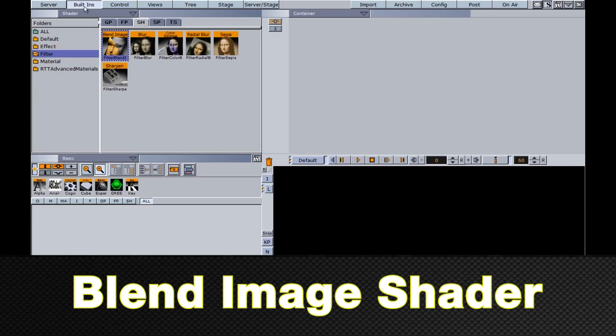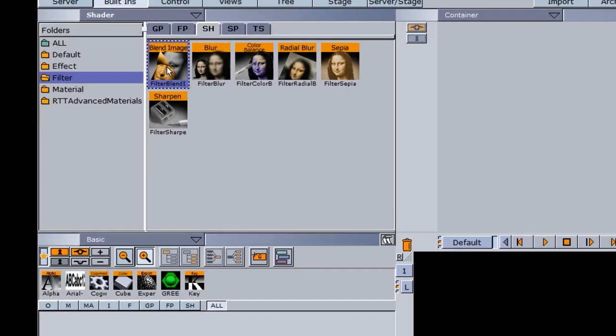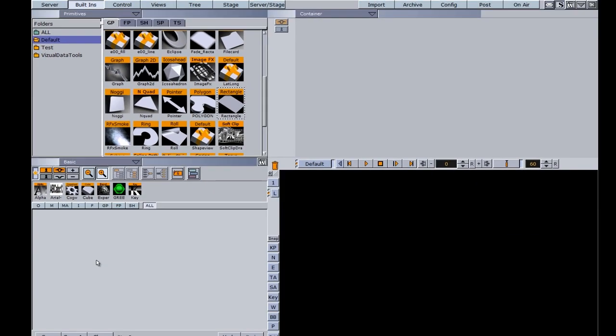The blend image function found within the built-ins, the shaders tab, and the filter folder allows us to blend textures or blend images together to create a certain look. We can use it with textures on a primitive or standalone textures. So we're going to go back into our primitives here, and I'm just going to drag a rectangle down,